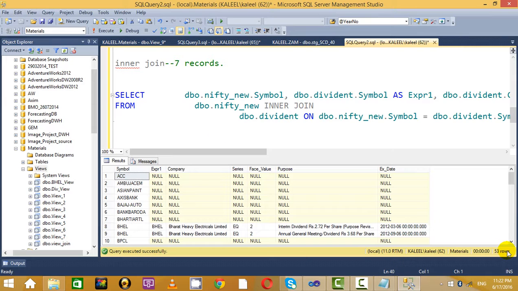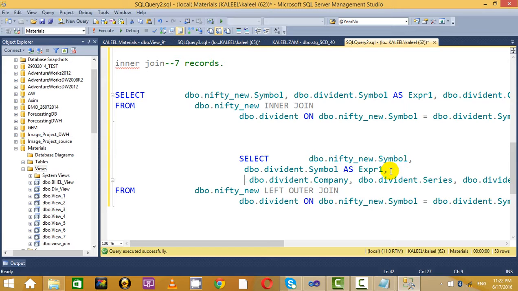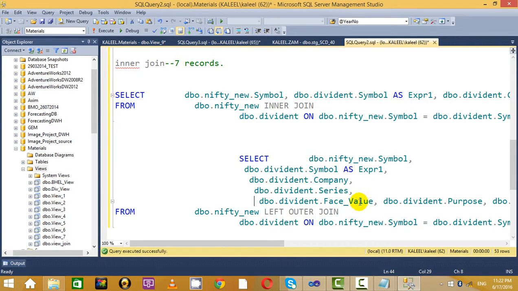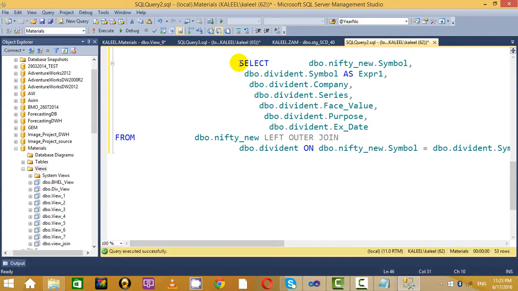So I have 53 rows, or else you can keep it like this if you want to just see the query which is generated. If you want to see the full query,